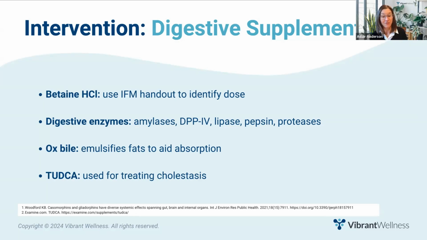Now, if they have elevated fecal fat, I'll include ox bile. And if they have a known liver gallbladder issue, I'll often recommend TUDCA for a short period of time just to get the bile flowing again. It does take bile to move bile, and sometimes bile gets sticky and sludgy. So adding a bolus of TUDCA for a bit of time can help get things moving again. And then, of course, I often recommend betaine HCl.